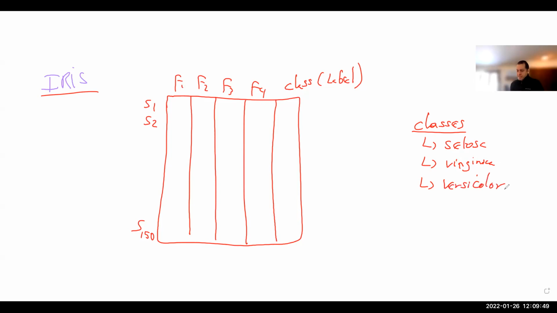So these are the 3 types of classes. It's a 3-class problem for this one. Usually they're represented by 1, 1, 1, 2, 2, 2, 3, 3, 3. That's how they need to be represented in the code, but